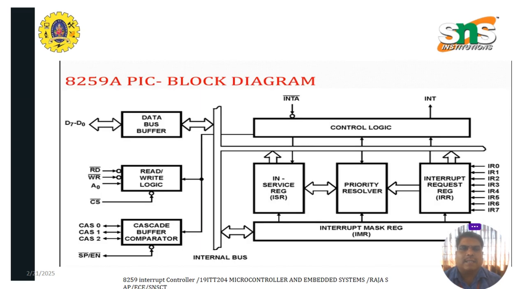So next, this is the general block diagram of how the 8259A looks. It consists of 5 important blocks. The first block is the data bus buffer, where we connect the data lines D0 to D7 between the 8259 and the 8086 microprocessor. Next, the read-write control logic, which is used to communicate RD or WR. The next is the cascade buffer comparator, which is used to communicate with a larger number of